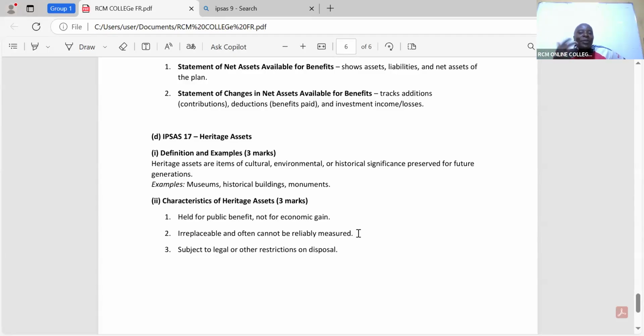Like now the Kenyatta's mausoleum, I mean, how much will you be able to attach? But you know, there are people who travel from all the way UK to just come and see that. It can give you tourism income, but you can't say really that it is there for gain. No, we simply want to have them there so that our great-grandchildren will be able to see, I mean, where do we come from, etc., etc. Subject to legal or other restrictions on disposal. There are those heritage assets, ladies and gentlemen, if you want to sell them today, you can't just wake up and sell. No. Even, for example, some trees on your farm that are of a heritage, you can't just wake up and sell. So if you must sell them, then there will be some legal avenues that you have to use.